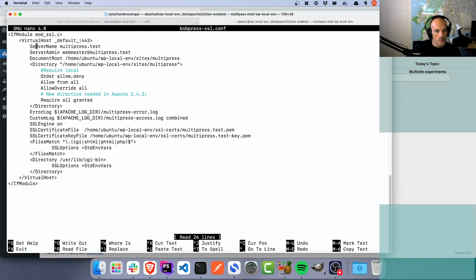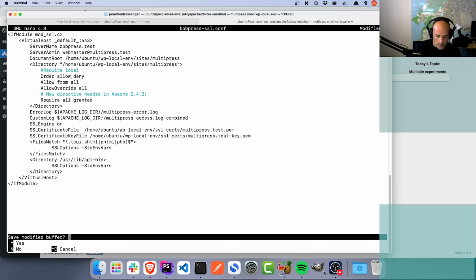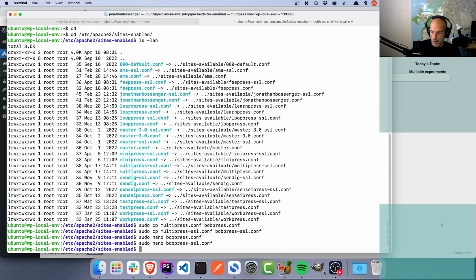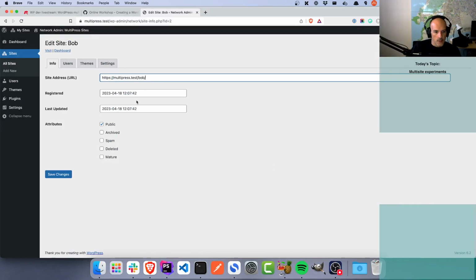And then this should be able to stay the same. The only thing I might need to change here. That should work. That's the path to the root. Pretty sure that all stays the same. It's just the server name that needs to change. And now if I change this,